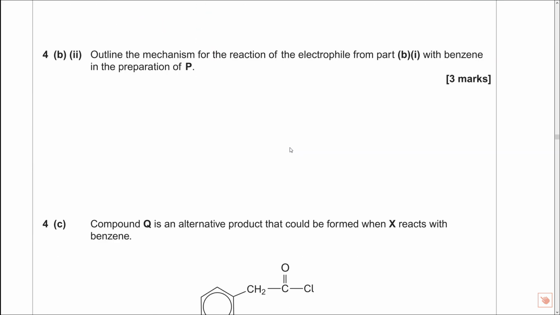So all we're doing is drawing the benzene ring here. I've not got a huge amount of space. 3 marks though, fairly straightforward. That's going to come around. We're going to have our CO, CH2Cl. So all we're going to end up with is, next step,